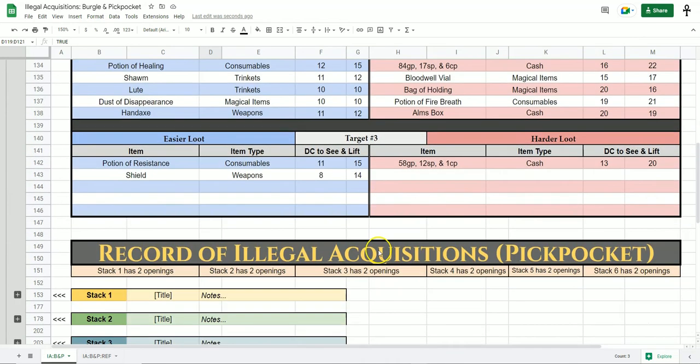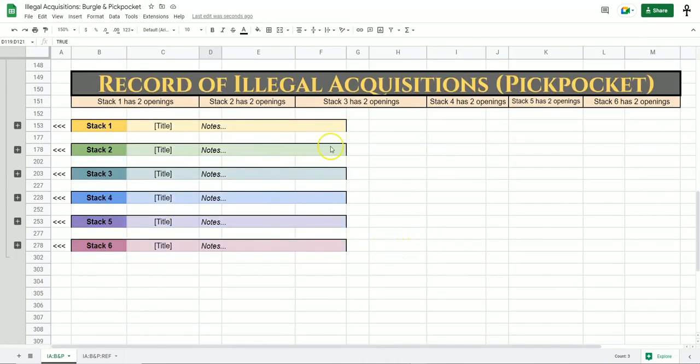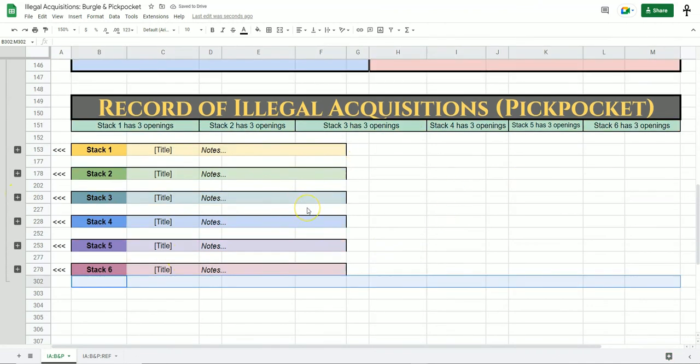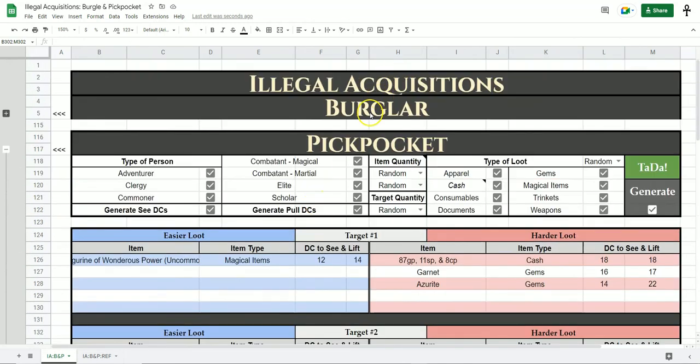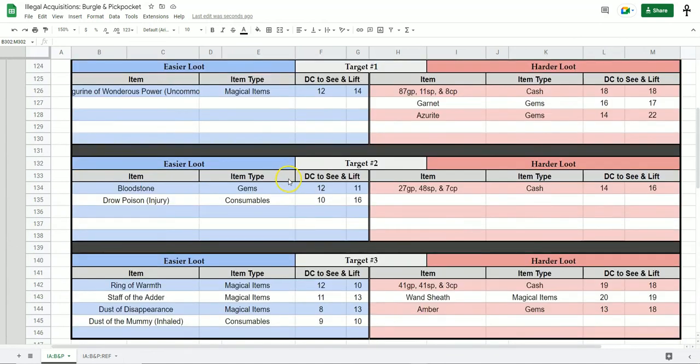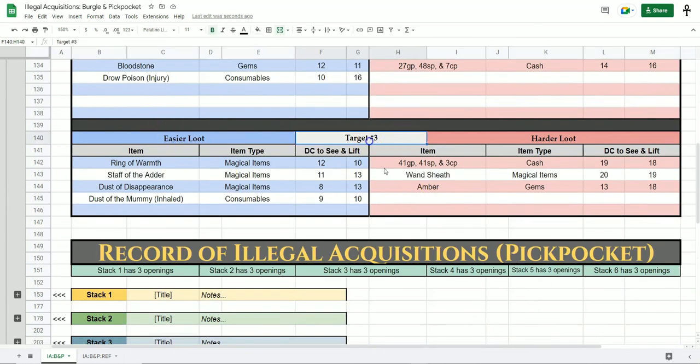I do want to show you how to store stuff. So let's come down here to the record of illegal acquisitions. This is where you are going to store what people had in their pockets or what was in the rooms of the buildings that you generated for the burglary. Both this storage system and the burglary storage system operate the exact same way. So the idea here is if you have like target number 3 here, and the stuff that was on their person,